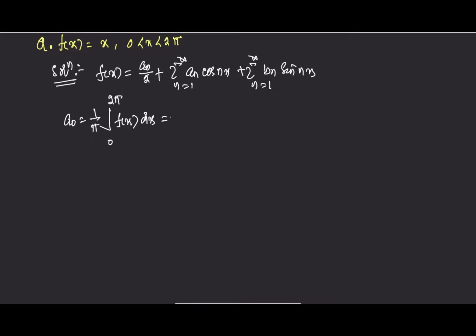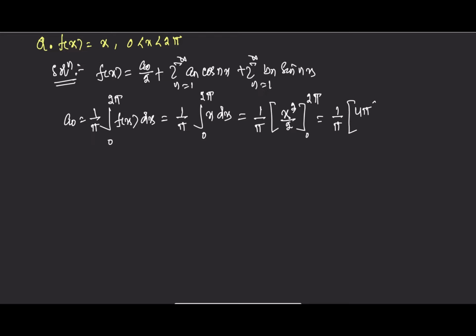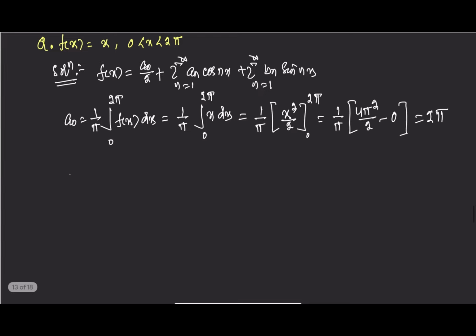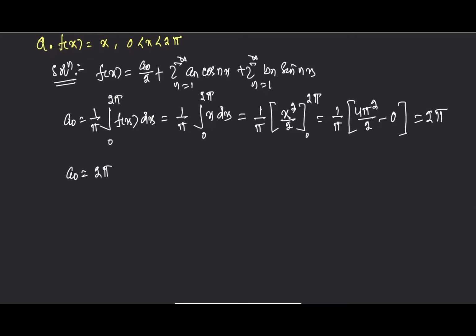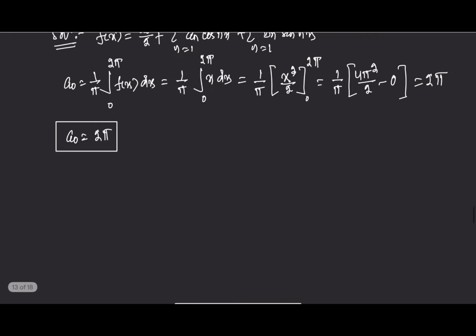here the function is x in between 0 to 2 pi. So the integration becomes x dx, okay, equals to, we get a0 equals to 2 pi. And an is,